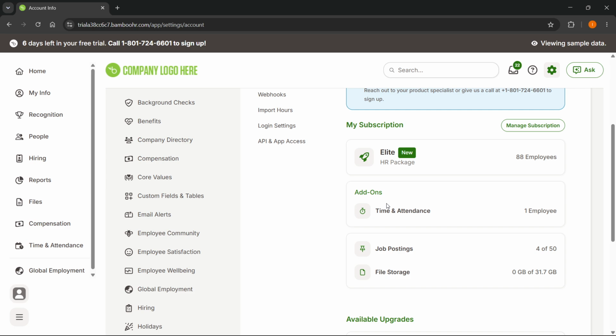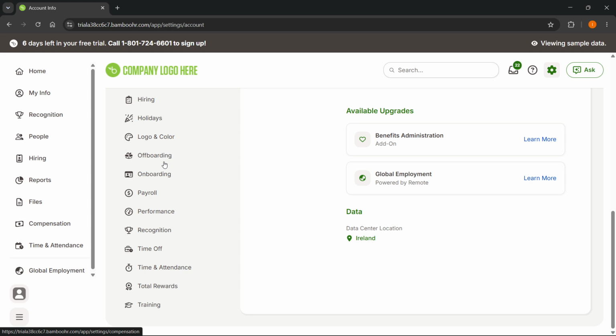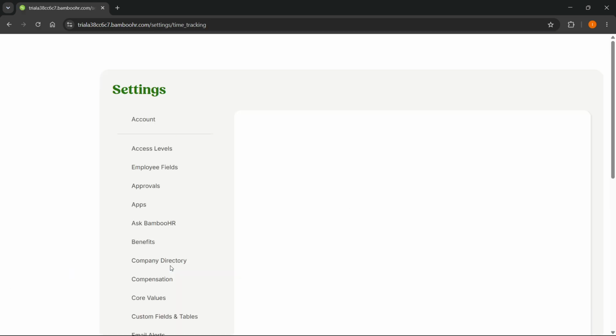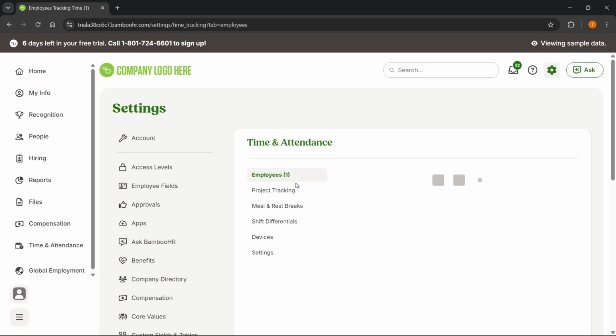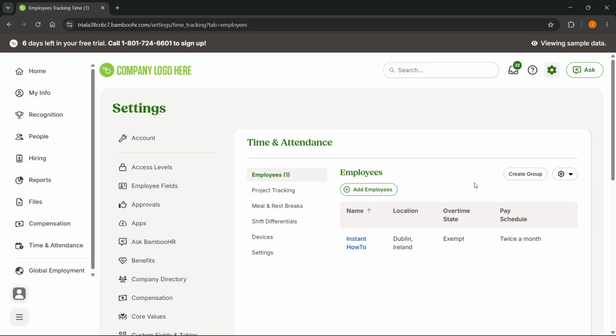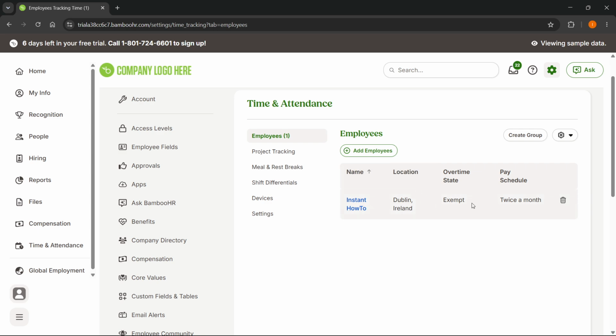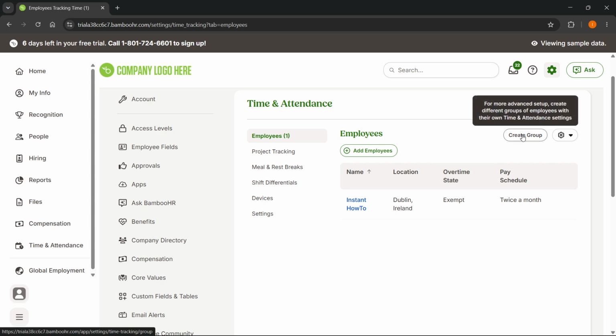And then to enable people to clock in, you want to go to the settings here to the bottom and click on time and attendance. From here, you're going to have to add your employees to a group, which of course has clock in enabled. So let me show you how to do this. As you can see over here, currently I have myself set up, but of course I could add multiple people. I do have sample data in here, so there's going to be a bunch of different demo accounts added in here. So what you want to do to actually enable clock in is click on create group over